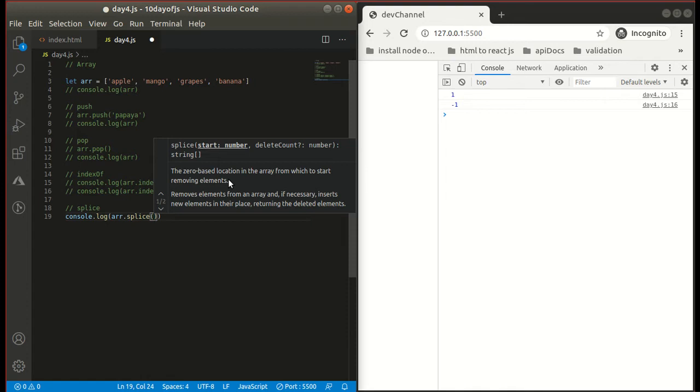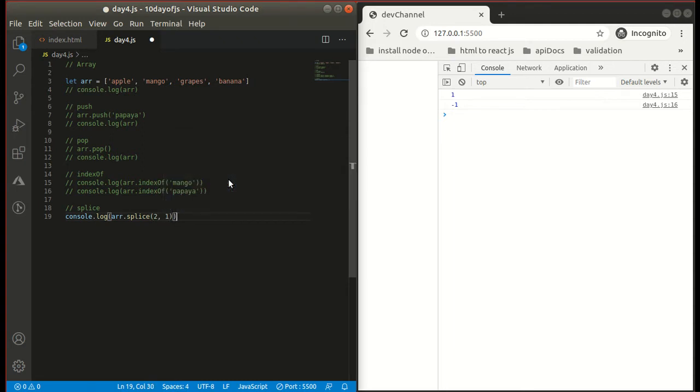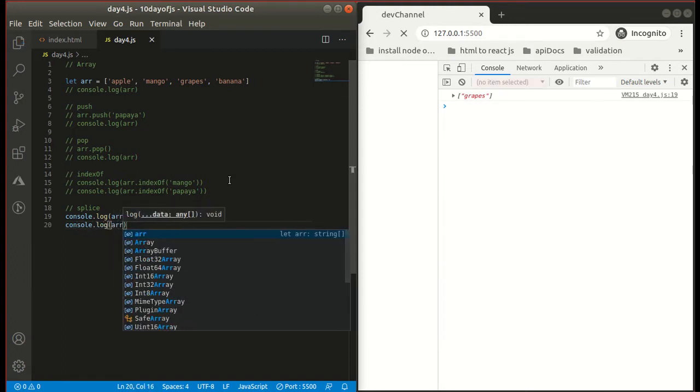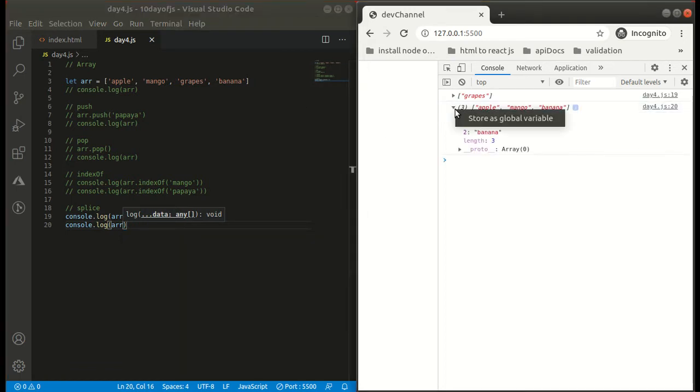From the second index I want to remove one element, and it returns the element that it removes. It has returned grapes, which means that grapes has been removed from our array. This is our array after the splice method has been applied.